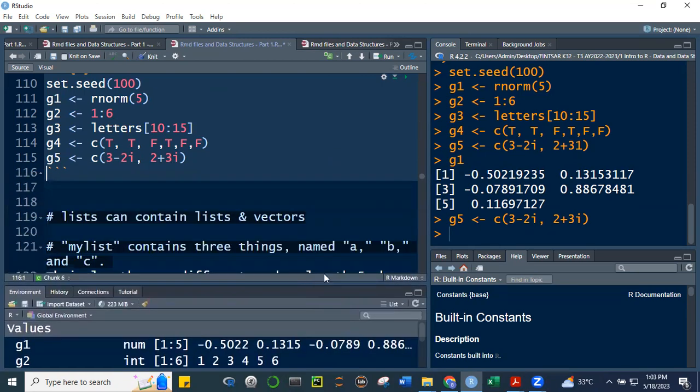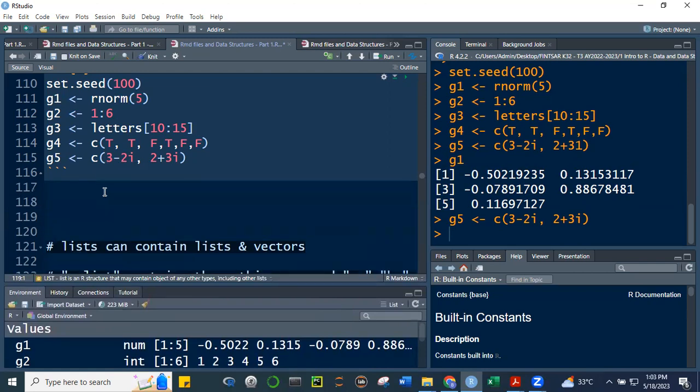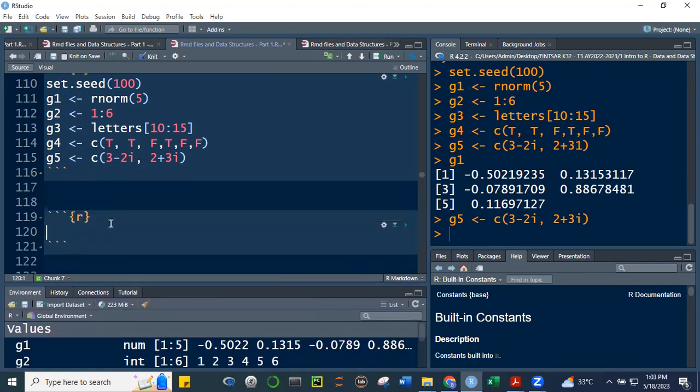Okay. Now let's combine this. Concatenate natin to. Control Alt I, and then let's create this object G6. Alt minus. G6 will be i-combine natin si G1, G2, G3, G4, G5, no? Combine natin sila, tapos tanungin natin yung class ni